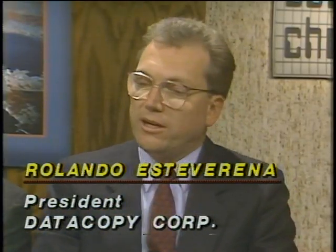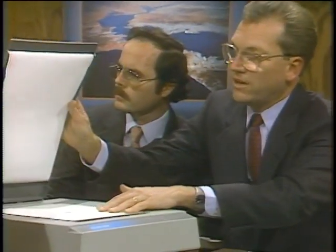And as Jerry just pointed out, we see a definite shift, or at least growth in importance of the Macintosh in the desktop publishing area. This device that you see here is in fact a scanner. You can think of it as a copier that instead of making a copy onto paper, makes a copy into the computer memory. You take an original such as this and you place it in the scanner as you would place it in a copier. This device has a mechanism here that will create a digital image,